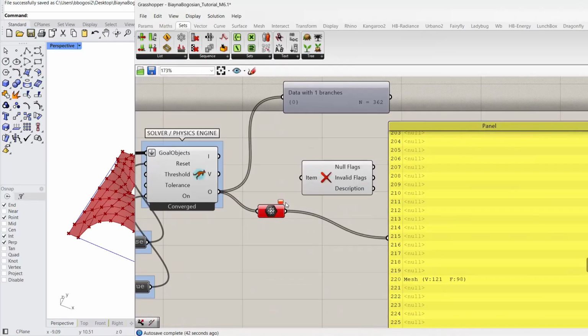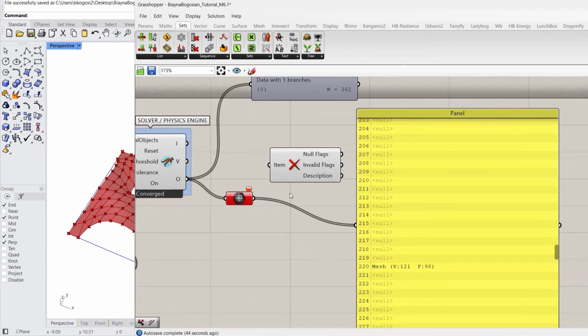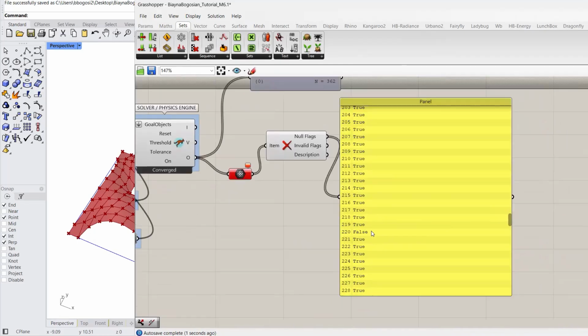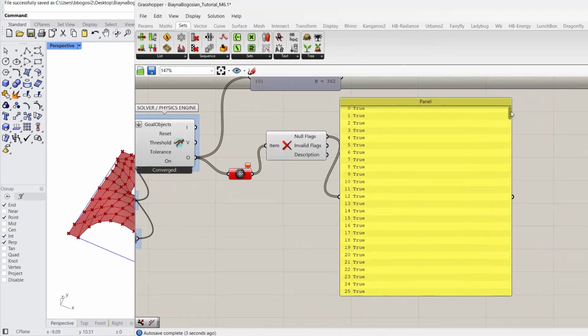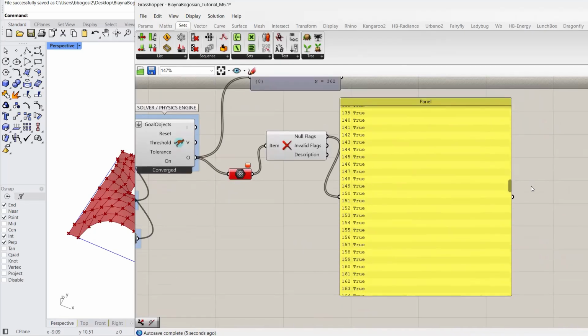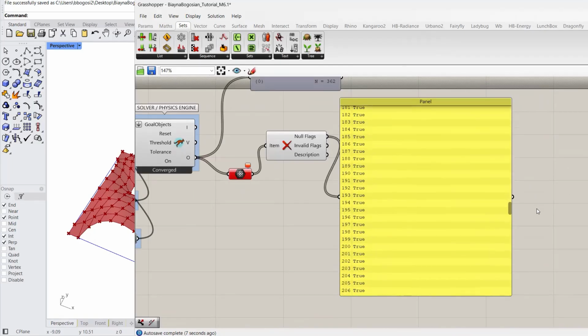This component basically helps us flag whether an item is null or not. So we're going to provide the output to the item input, and the outcome is going to be true or false. So basically, all of them are null except for that one instance, which is a mesh,